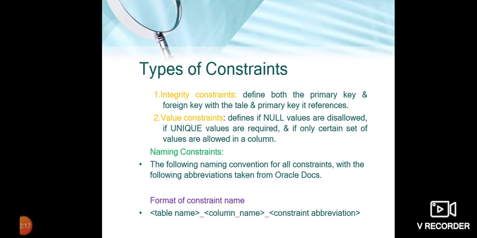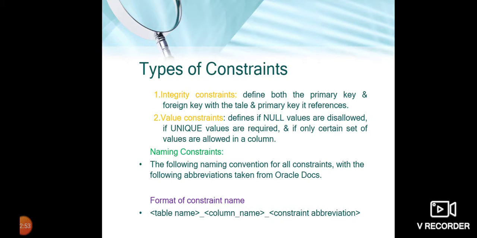Talking about integrity constraint, for example, primary key: if you are going for a primary key, it will check two things. One is that it should not be empty, and there should not be the same values. It should not be repeated, not null, and it should have some value. So these two are the constraints. And foreign key is also the same. Foreign key will be dependent on the primary key in another table. So this dependency is called an integrity constraint.